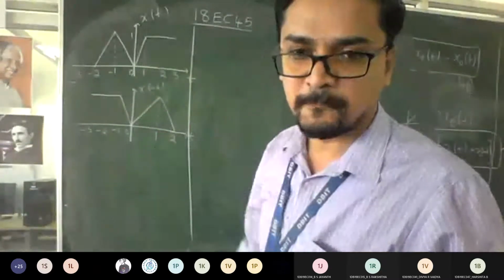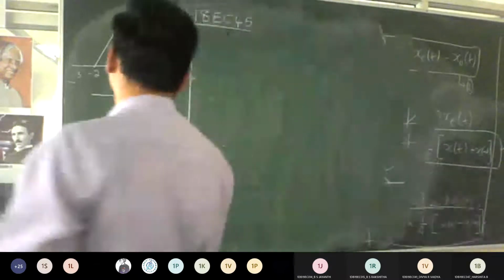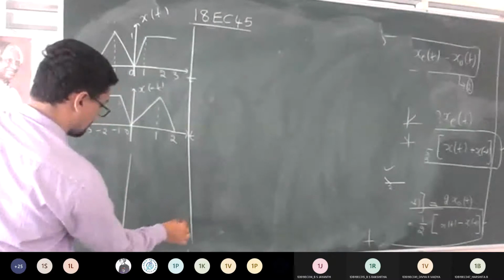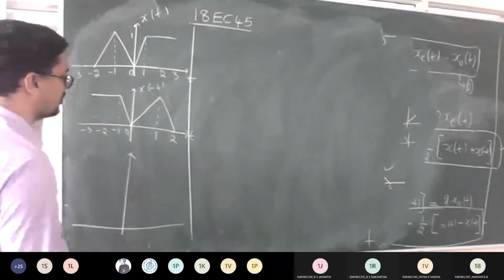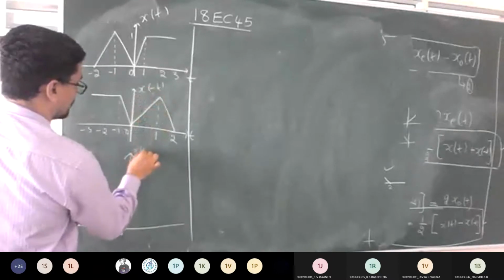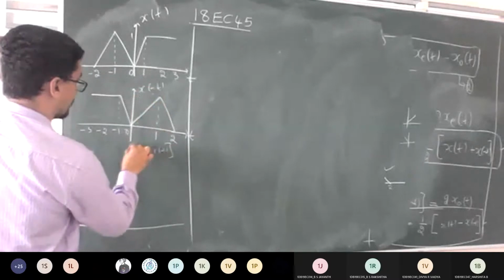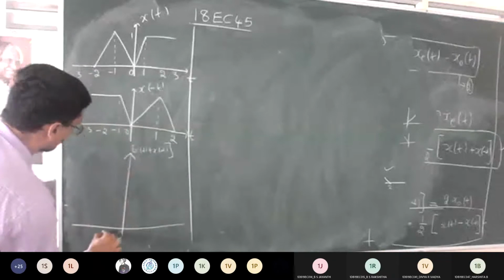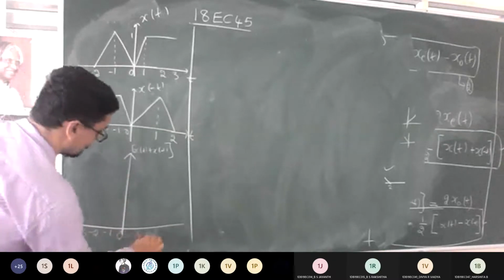Am I correct in what I wrote? Okay. So now I want answers from you. How does the signal take place? Let me plot normally, then you can do half of it later. Now I want the addition of these two. So x of t plus x of minus t is what I want. Now answers from your side. Let me mark all the intervals: 0, -1, -2, -3, and here it is 1, 2, 3.